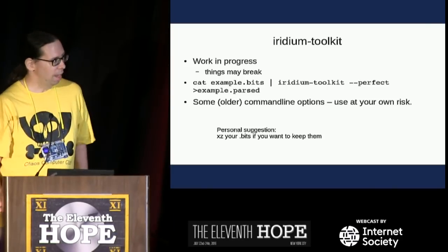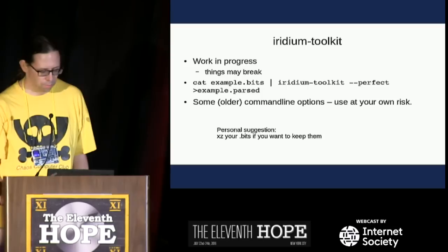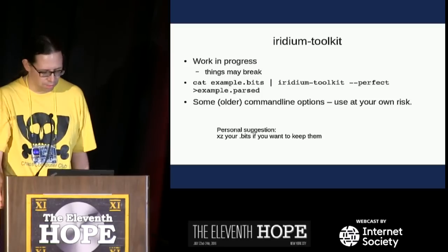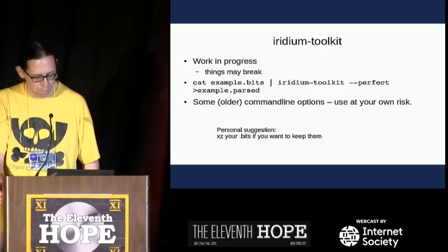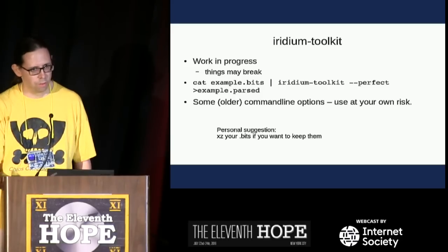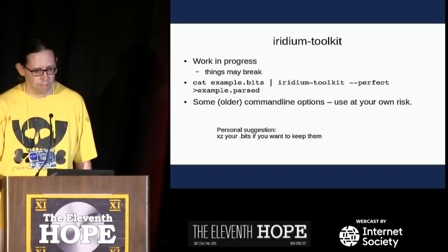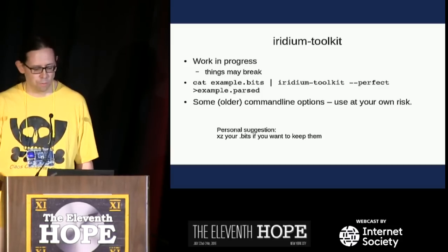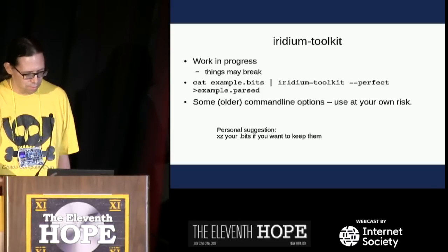Okay, so after you run the GR Iridium thing and got all the bits, you get a text file which contains all the bits, and then you just pipe it through the next tool, which is the Iridium Toolkit Python script. It has a command line option --perfect, which you most of the time will want to use. That just throws away all the packets that have decoding errors. Because everything that it knows about the frames, if it says this frame is somehow broken, then it throws it away. Sometimes you want to look at broken frames, but most of the time you just want to see the good stuff. And then you write it into another file so you can look at it later, because